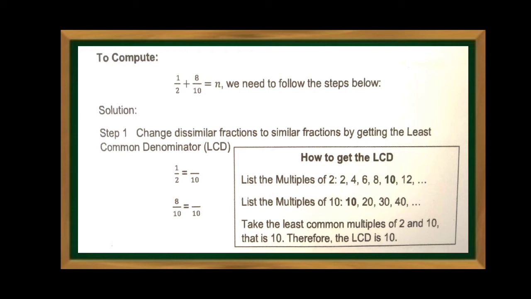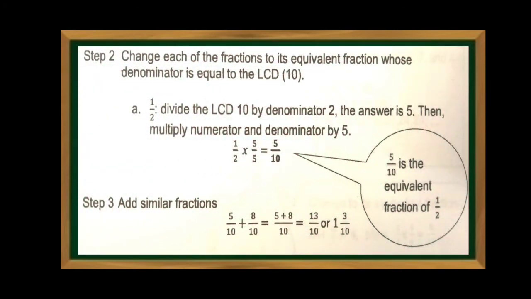So the multiples of 2 are 2, 4, 6, 8, 10, 12, and so on. Then the multiples of 10 are 10, 20, 30, 40, and so on. Take the least common multiple of 2 and 10, that is 10. Therefore, the LCD is 10. So step 2, change each of the fractions to its equivalent fraction whose denominator is equal to the LCD